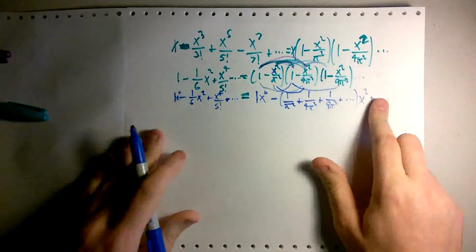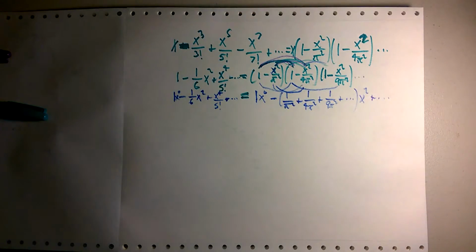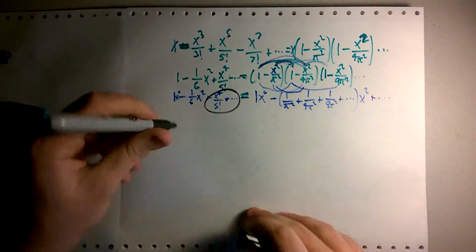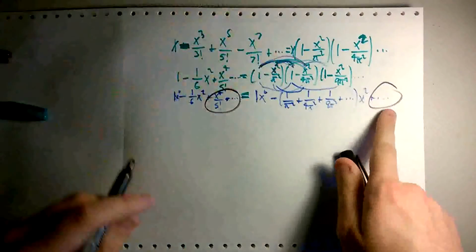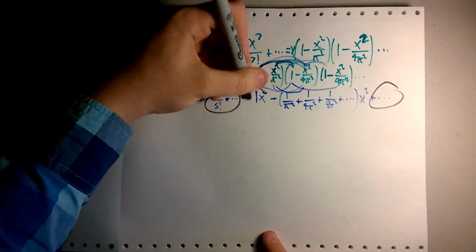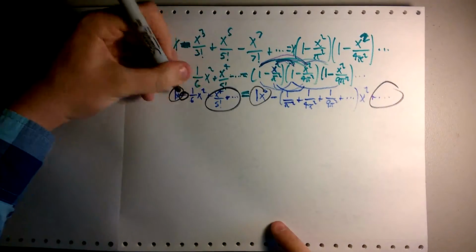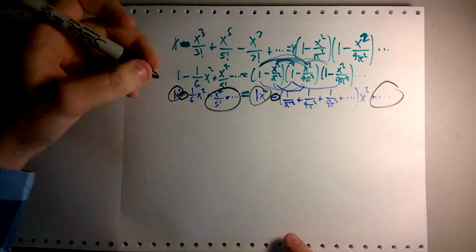But here's the thing. Check this out. What exists on both sides? This messy stuff that goes into higher powers, that exists on both sides. What also exists on both sides? These guys. So here's what we're going to do. We're going to remove both of those. In fact, we're also going to remove this negative right here. So all we're left with is